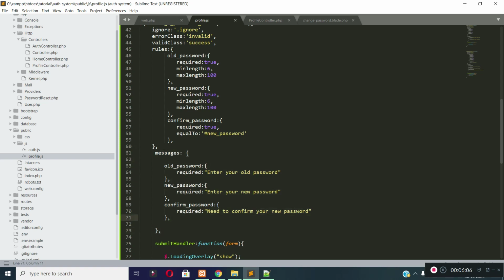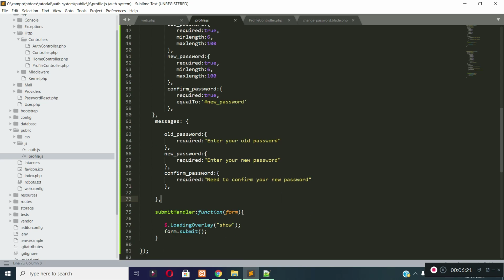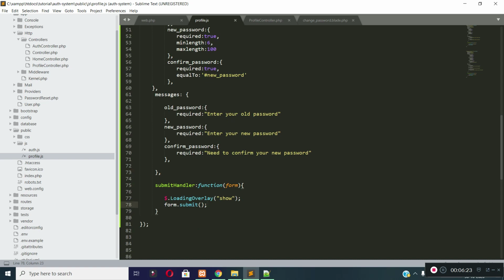I am overriding the messages for old password required rules: enter your old password, and for new password required rules I am overriding the message to enter your new password, and for confirm password required rules I am overriding the message to need to confirm your new password. And before submitting the form I am displaying an overlay loader here and then submitting the form.